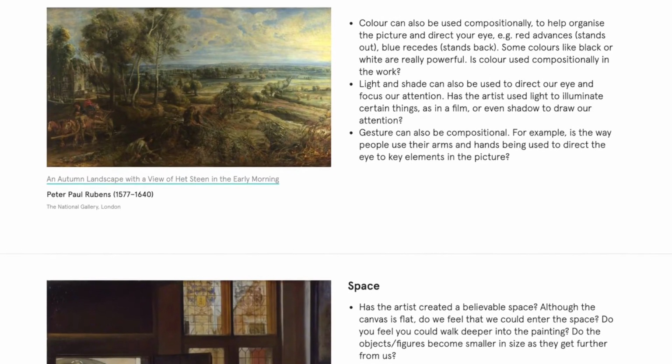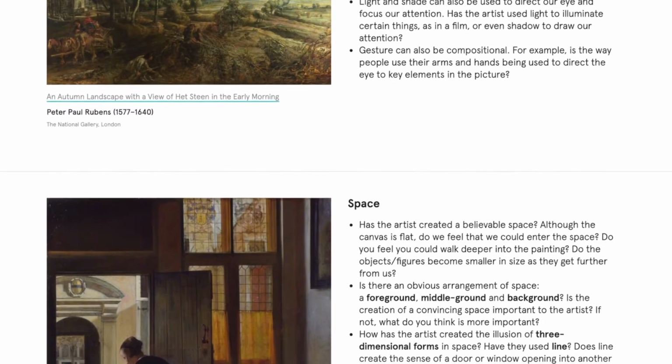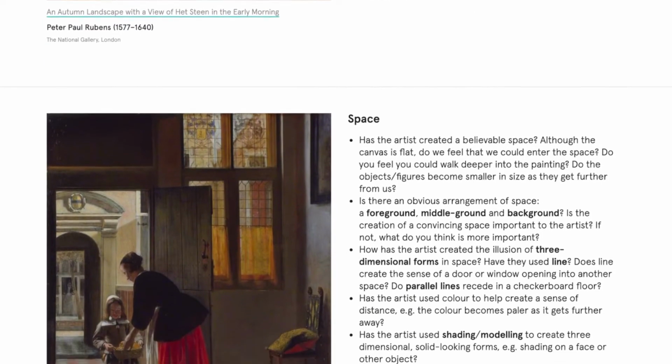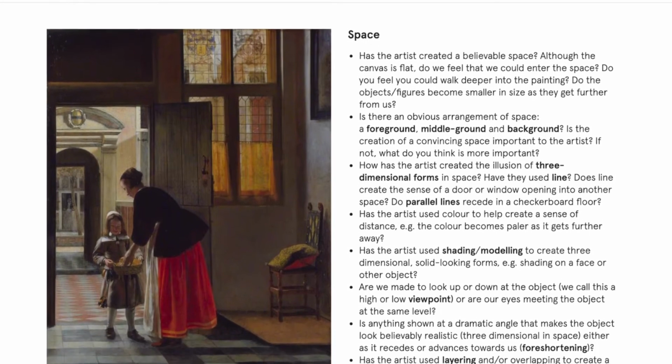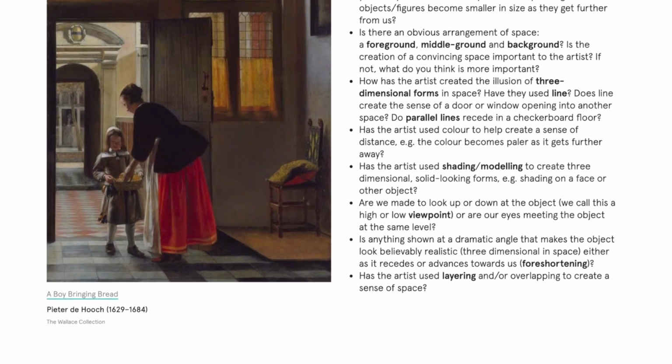Stage 3 is the core of the superpower of looking because it asks questions from the superpower kit based on key formal elements or art terms. This is where you can focus on suggested areas from the kit to help your students read the image they are looking at. The answers to these questions can simply be seen in the work. The accompanying superpower kit film explores these elements further.